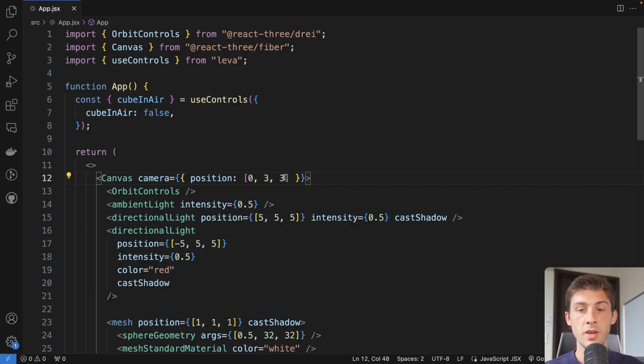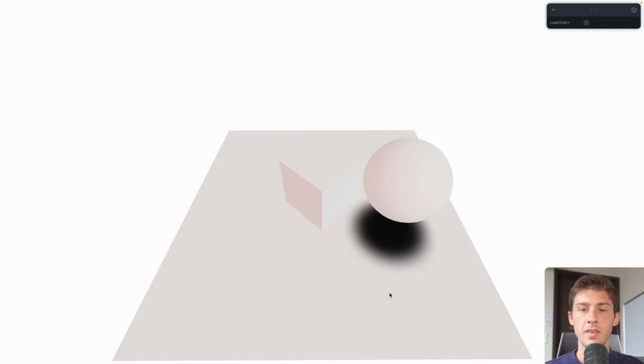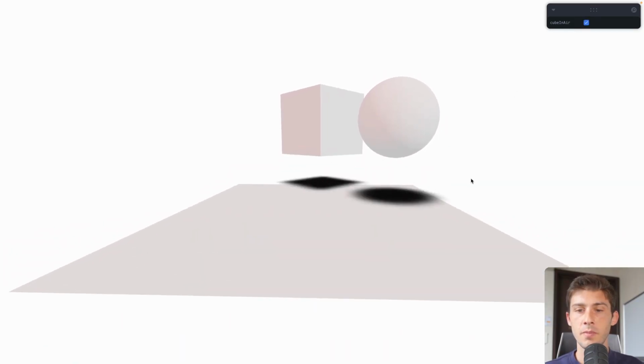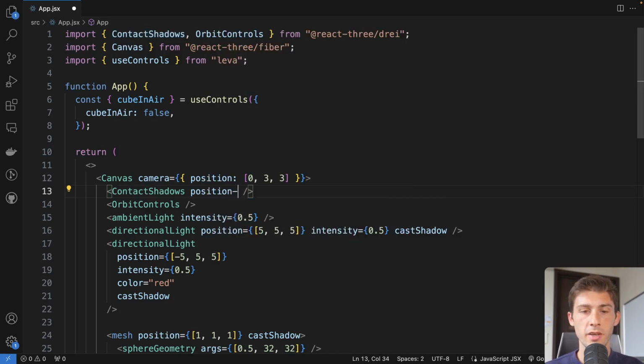So now without re-enabling shadows, we will add the contact shadows component. This is what we have. It's like a plane floating in the air containing the shadow information. Let's set its position Y just over the floor, so